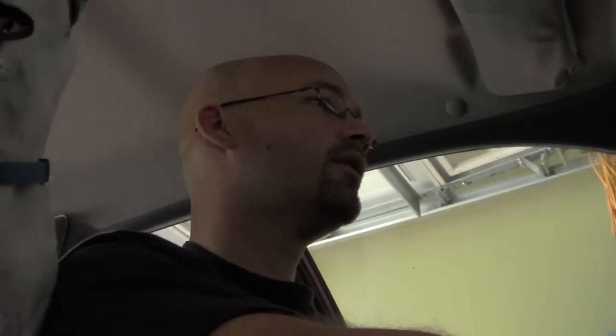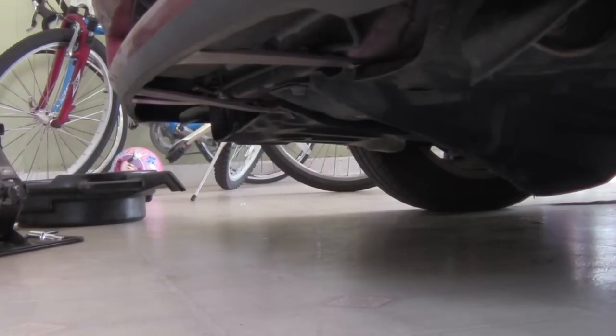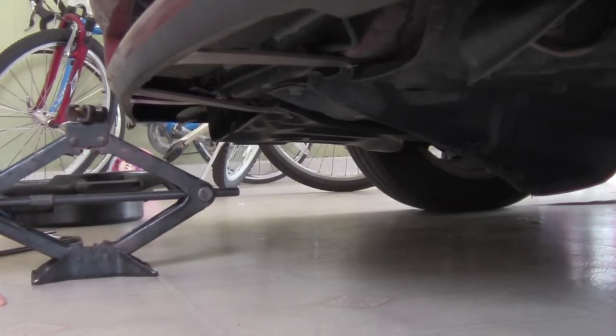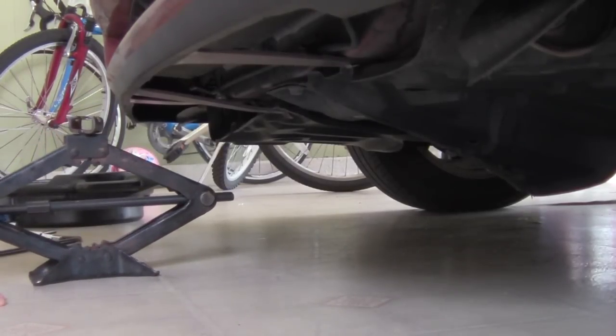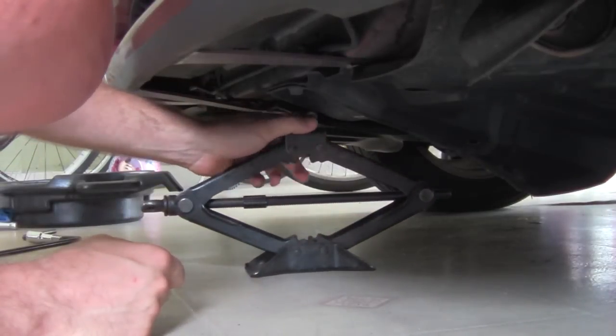But we're back, so let's get this thing in my garage, and we will go ahead and drain the oil. Alright, seems like we've been here before, right? We're going to go ahead and pump this thing up. This time I'm going to put jack stands under it,